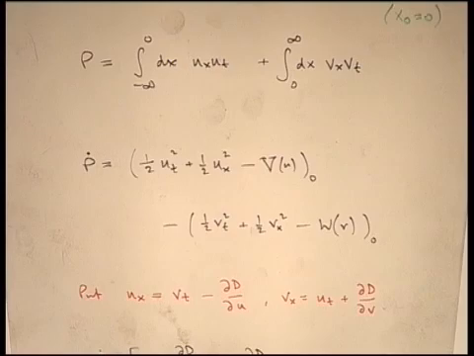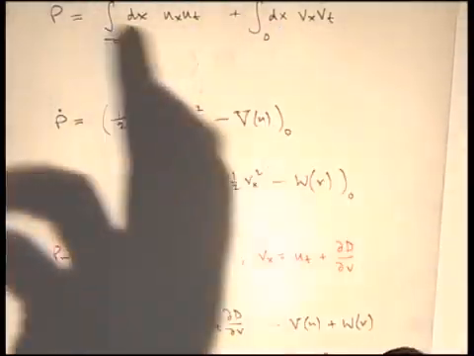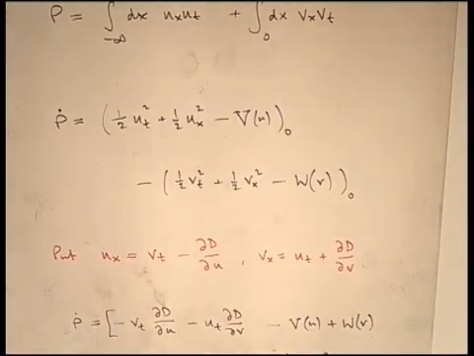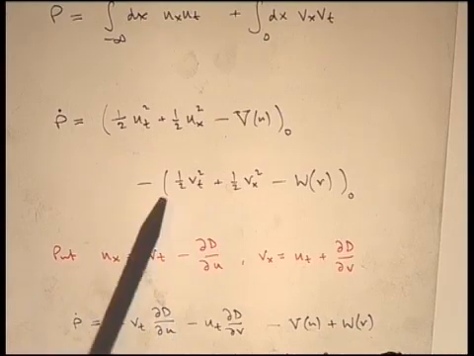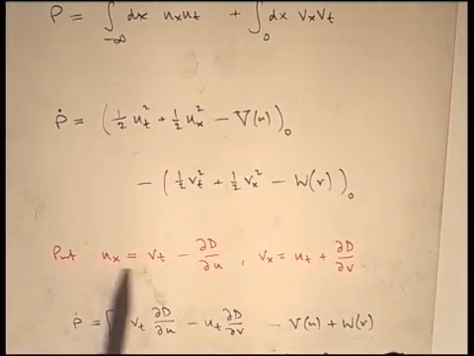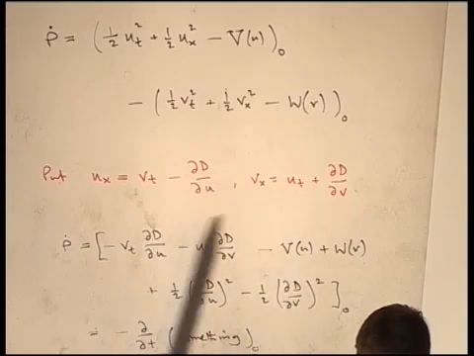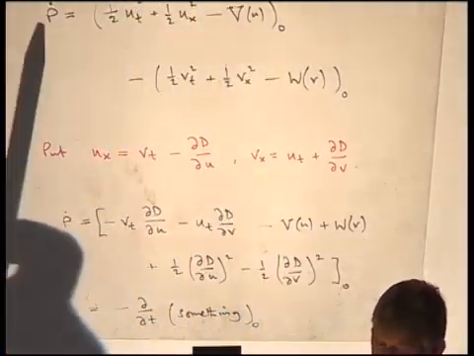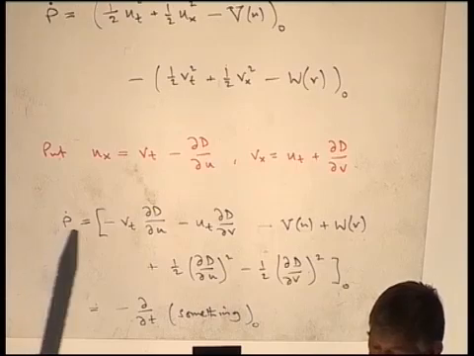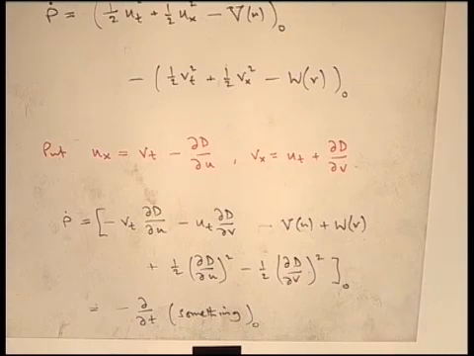And to see that, it's quite instructive actually, so I'll just run through it quickly. If you look at what you might think the total momentum should be on either side, and then you look at how it changes with time, then obviously it's not going to be conserved because U and V don't match at the boundary. Instead you have boundary conditions of this type. And so when you put these boundary conditions into this discontinuity in P dot, what you find is that P dot looks like this.